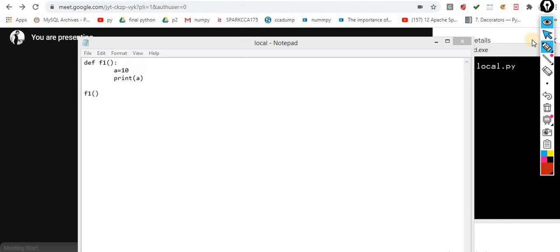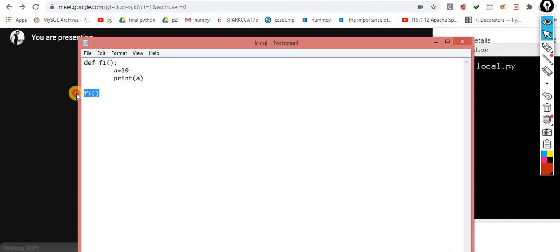By mistake, if I call this variable outside the function, meaning after completion of this tab indentation, you can check. I am calling this variable outside the function.